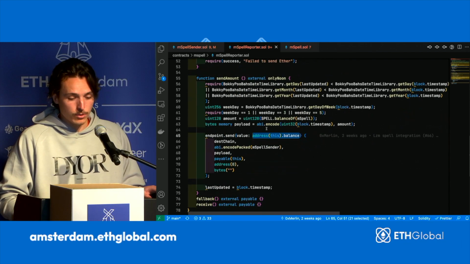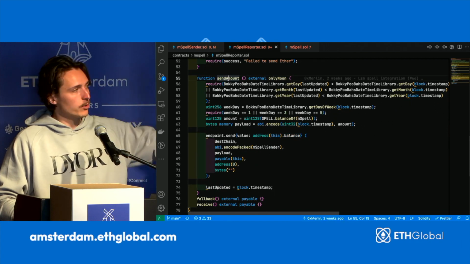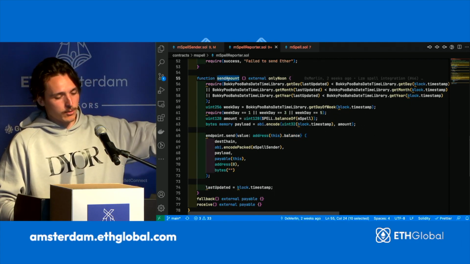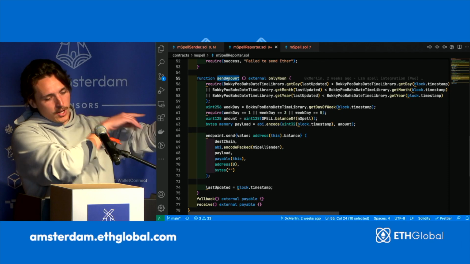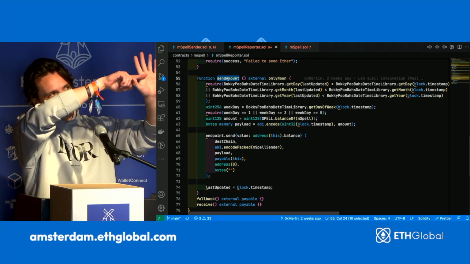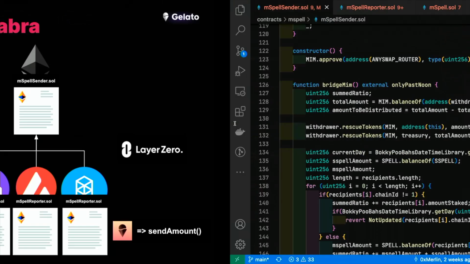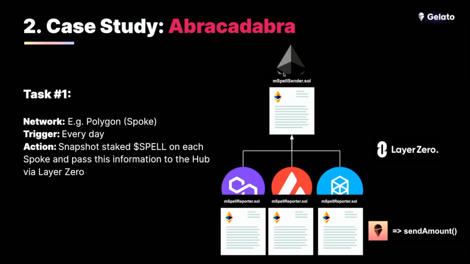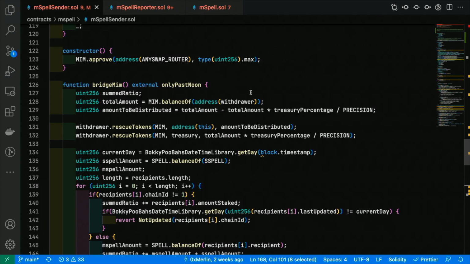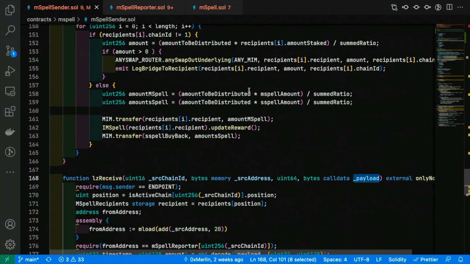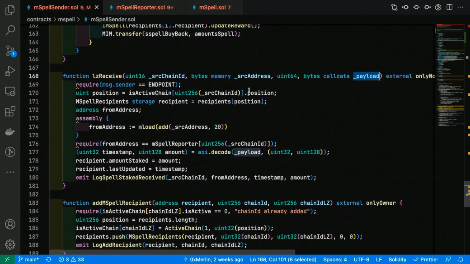So basically, this smart contract lives on Polygon, right? It has the send amount function. Gelato calls the send amount function. Now the send amount function, via LayerZero, calls this smart contract right here, which is this mspell sender contract on mainnet, right? And there's this sort of fallback function, which is the standard function that LayerZero calls, which is